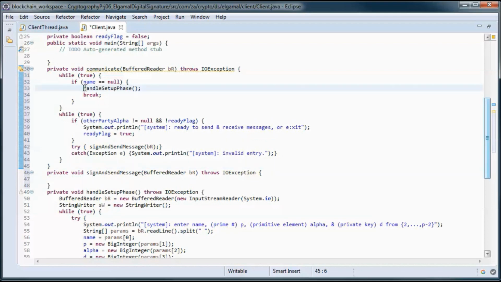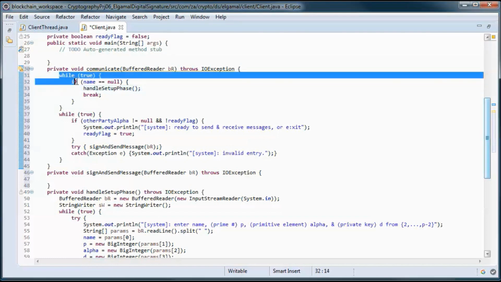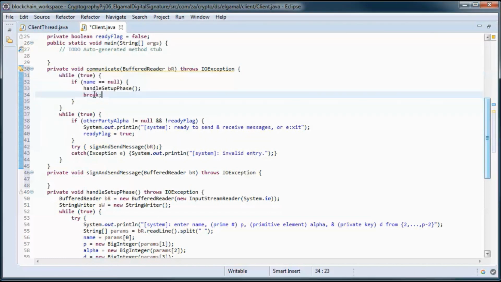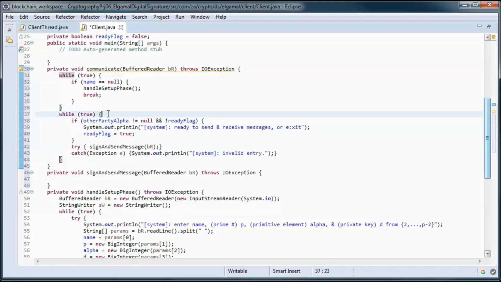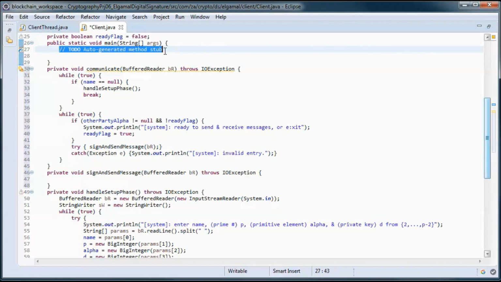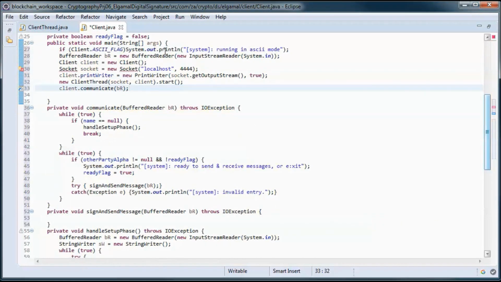So it initially calls the handle setup phase, and when this happens, we break out of this always true loop, and we go into this other always true loop, and here we can sign and send messages, and we call this communicate method from here.